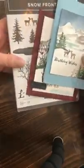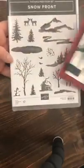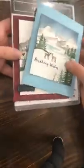And then there's a new stamp set that I got from the new spring catalog that's in a similar style, and it has a little bridge that can go over water, and I'm excited to play with that one too. But let me show you real quick